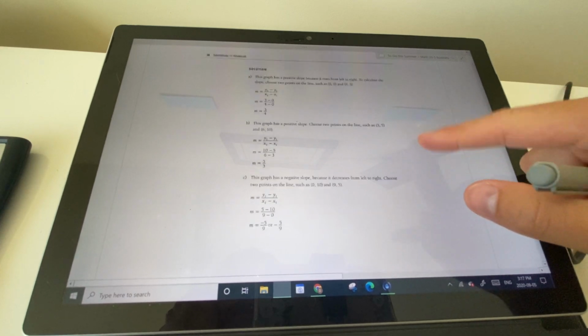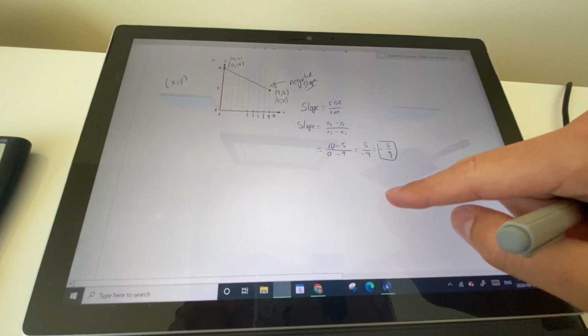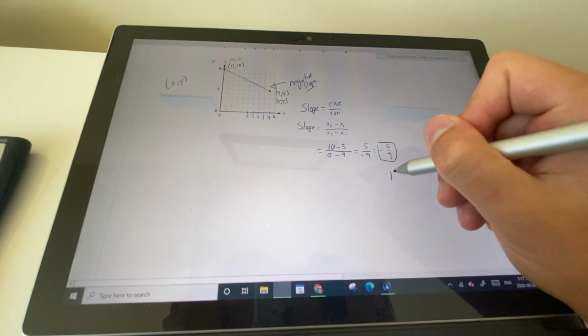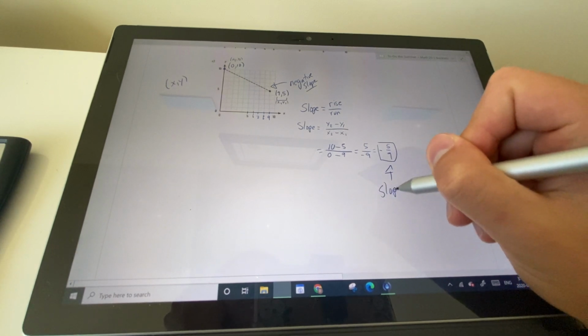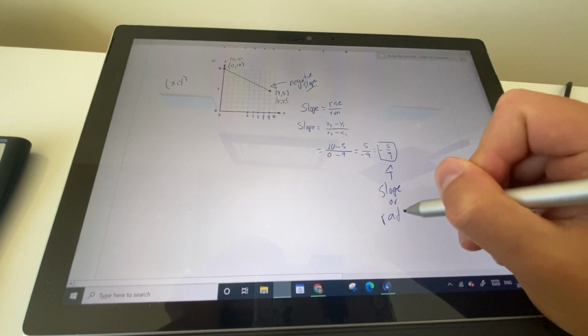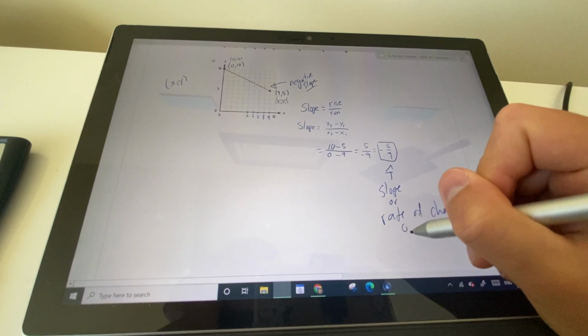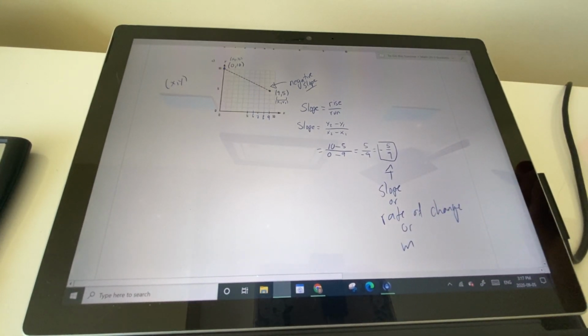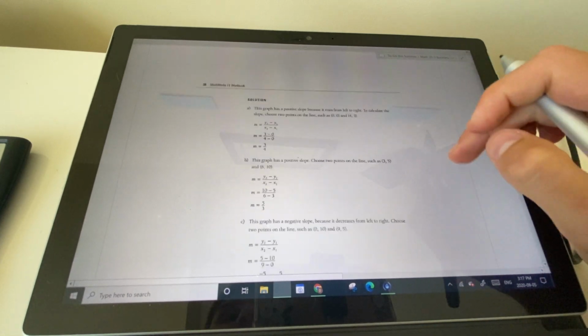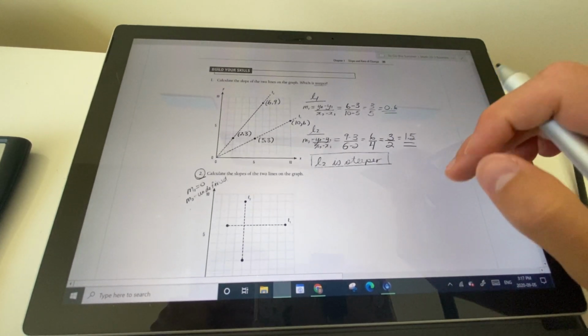Okay, so that's also known as the rate of change as well. So this is known as slope or the rate of change. And lastly, it's also represented just simply as m, okay? Now,